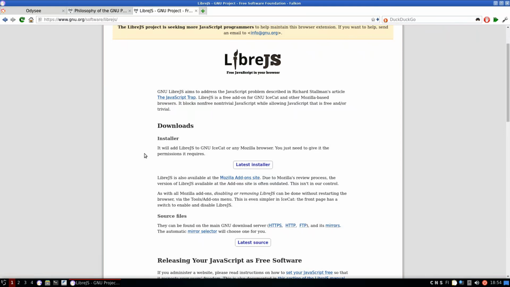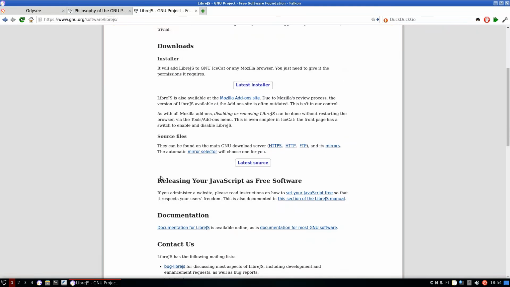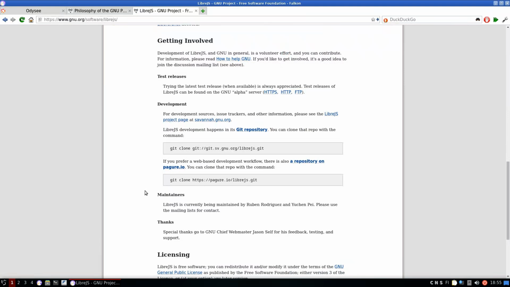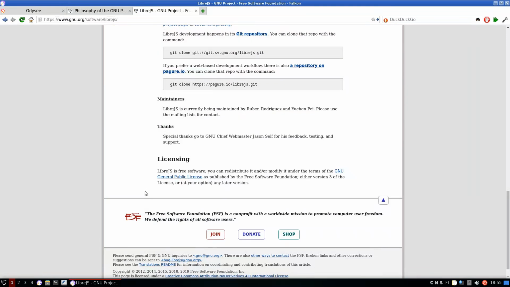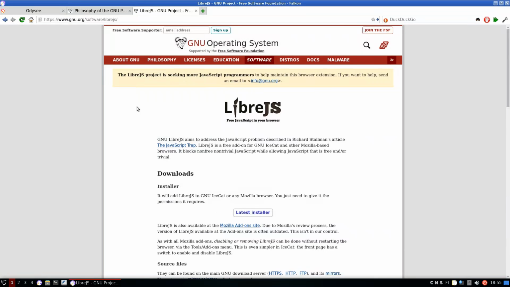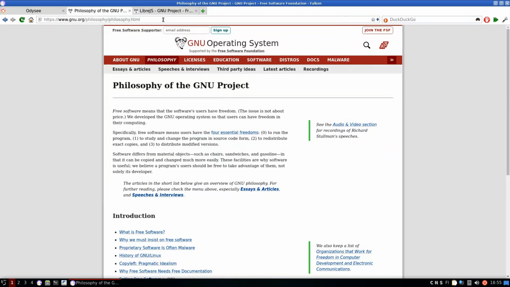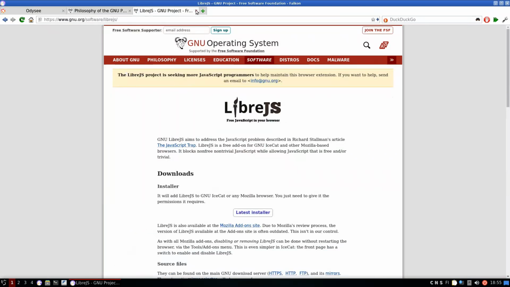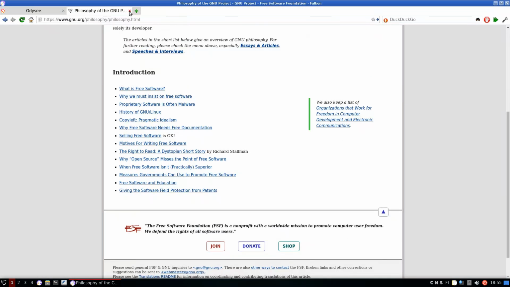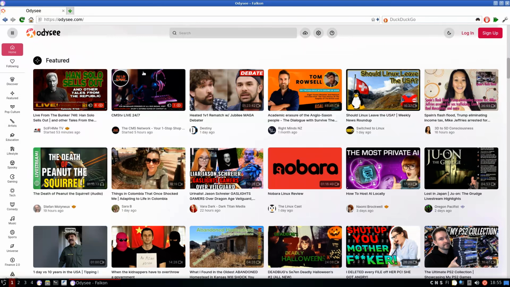Now I wouldn't switch to Falkon for the reason I've already discussed: that it is Chromium and I don't like Chromium. But I will still take a look at it, and I will discuss it as it is. It's a Chromium fork, so it's basically like a lesser evil, so to speak. I don't recommend Falkon as your first choice. Falkon should only be used if you want to use a Chromium base, if for some reason you just want something based on